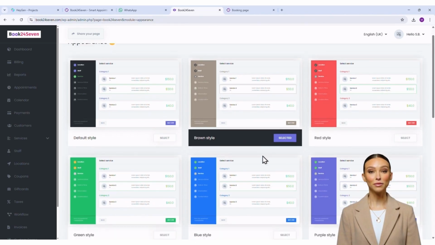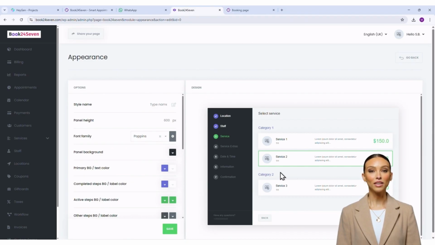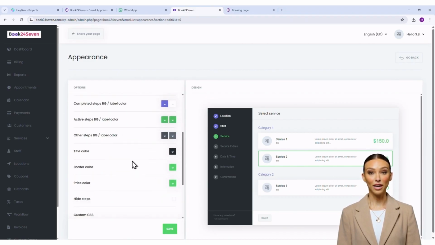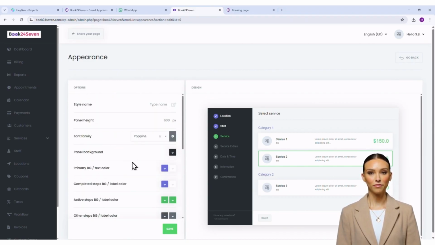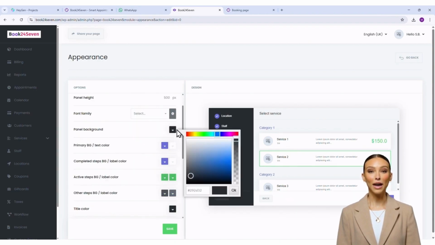If you prefer a custom style with more control, click Create New Style. The theme editor allows you to customize multiple visual elements. First, name your theme so you can easily edit it later. Then set the panel height to adjust the vertical space of the booking panel. Choose a font and panel background color, followed by text color,